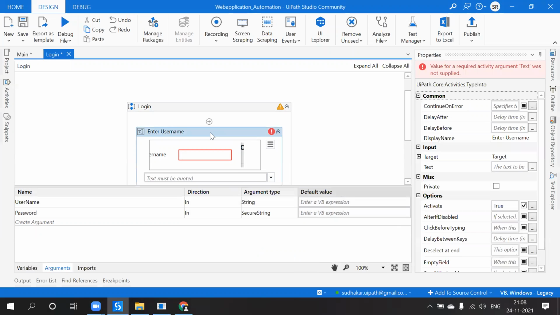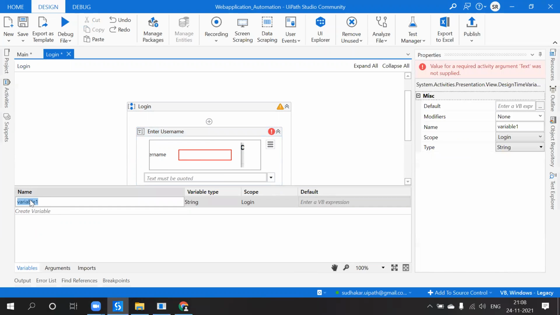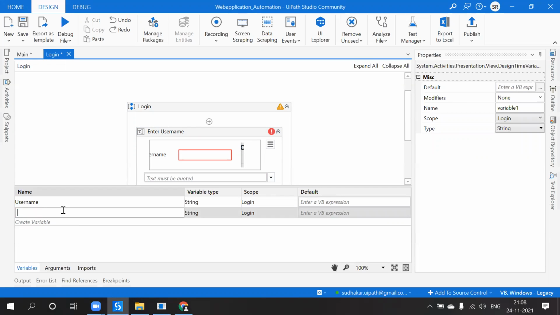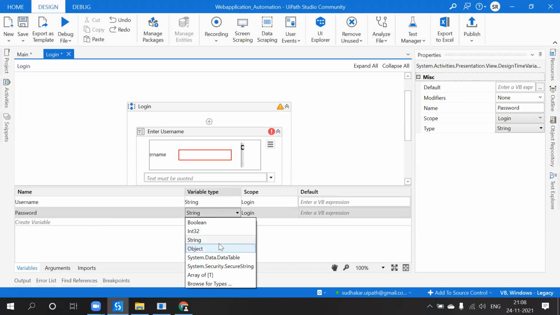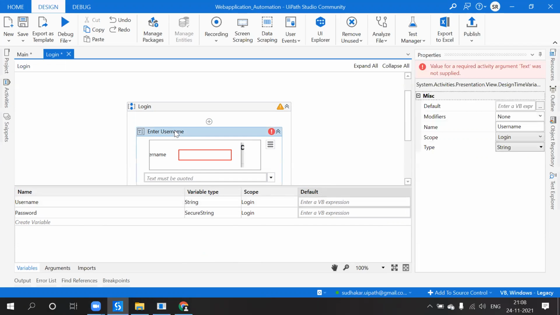Okay. So username. Username, and password. Variable type is secure, System.Security.SecureString. Okay, what is the default value here?